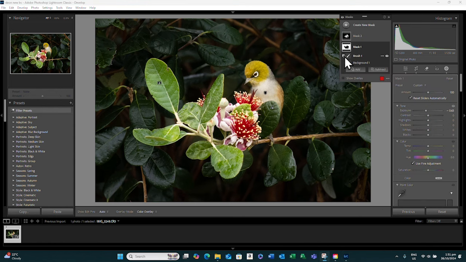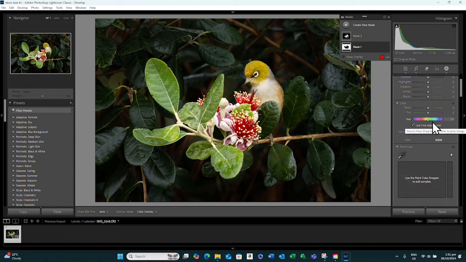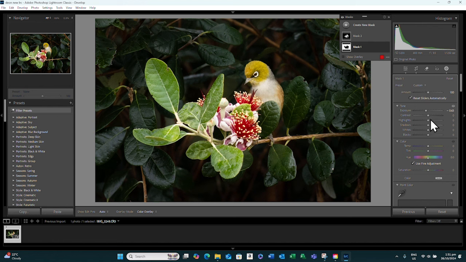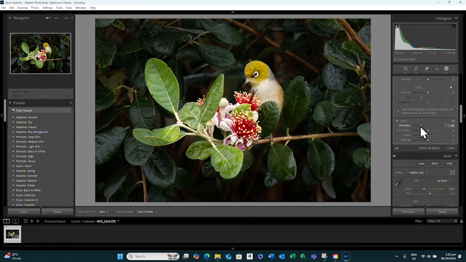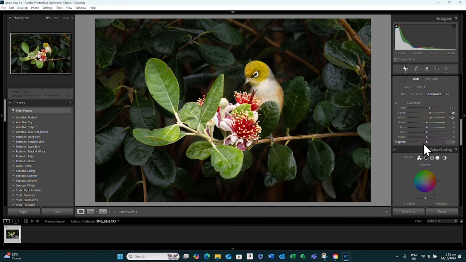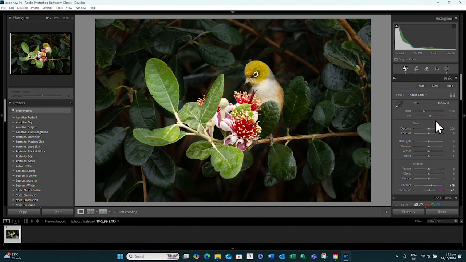Going back to the background mask, which is mask one, we actually want to, besides making it darker, reduce the clarity, as we don't want to have much attention on the background. So we're reducing the clarity as well as the sharpness. That looks better. Just coming back to the global adjustments in the basic view,